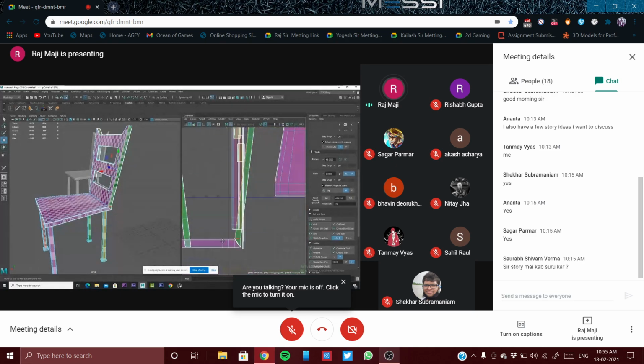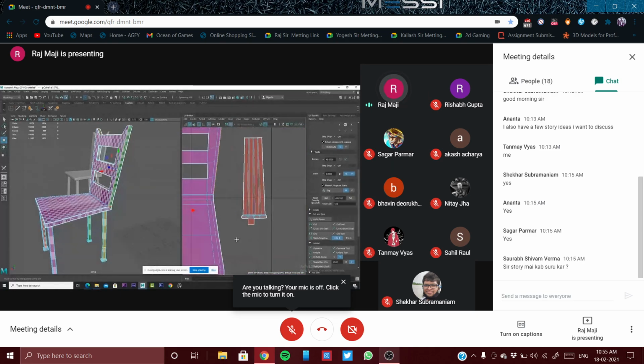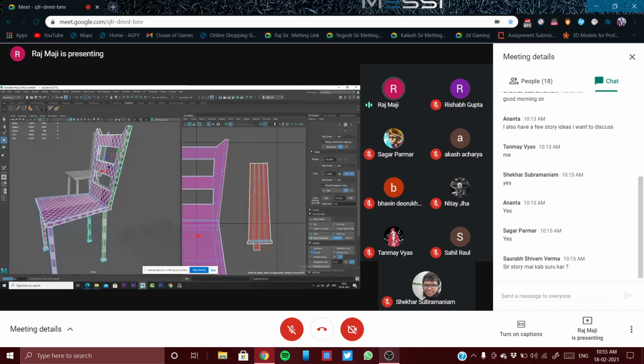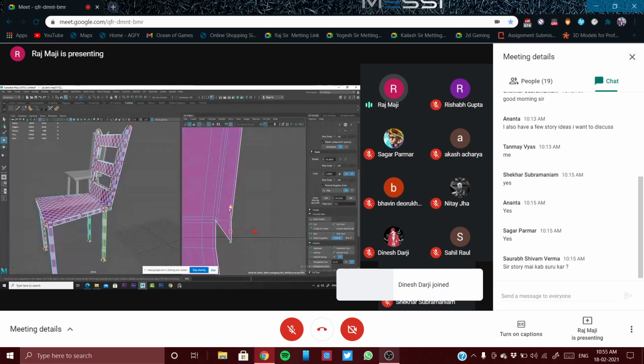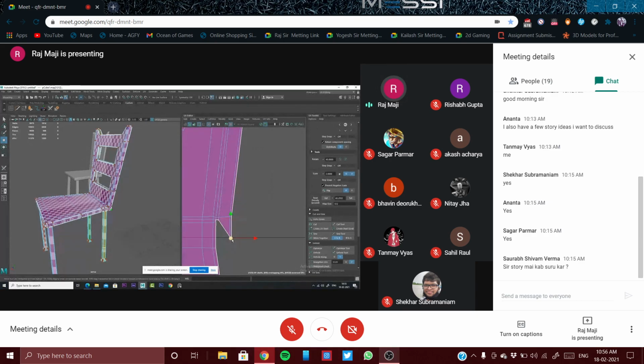This kind of problem can come. Stitched together, so this is absolutely fine. And what I will do right now, manually, I'll select this and I'll just keep it over there.